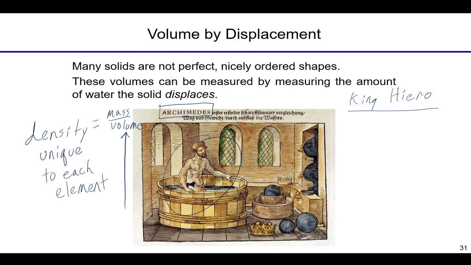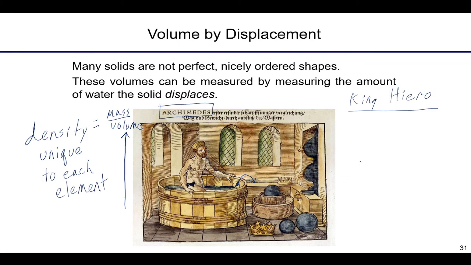height. And so he was off in the baths, as one was wont to do in those days. And as he relaxed down into the bathtub, he saw the water level rise higher and higher. And eventually water spilled out of the edge of the bath. And the story goes that he, at this very moment, realized this was how he could solve the king's problem. And apparently he shouted, "Eureka, Eureka!" and went running down the streets, completely naked, screaming this all the way to the king's palace.